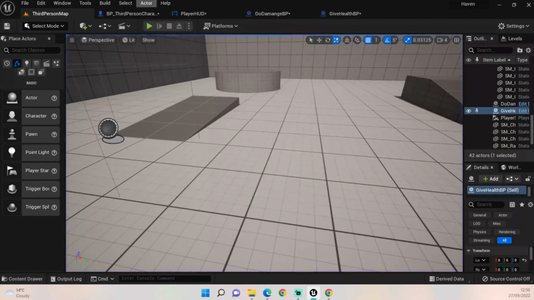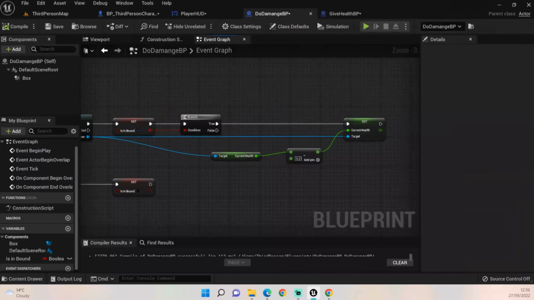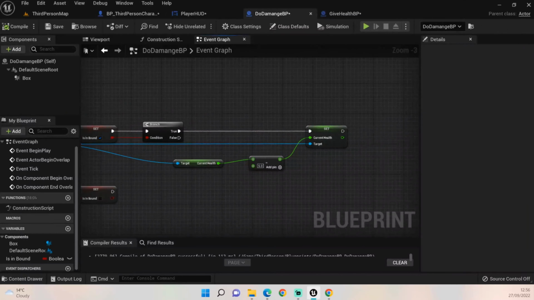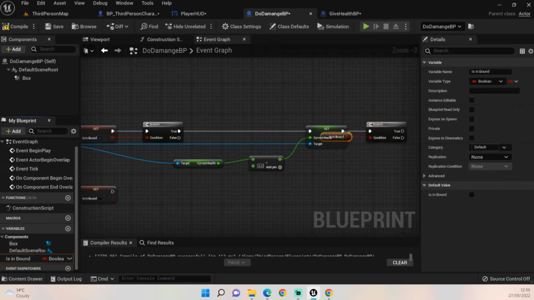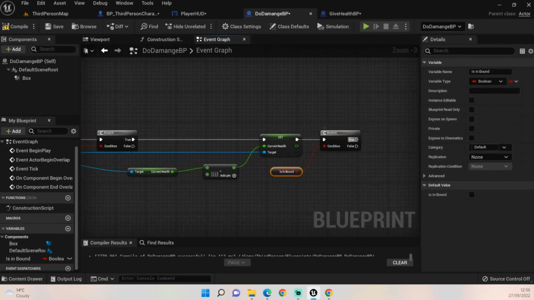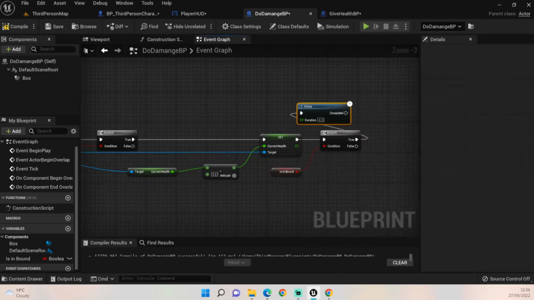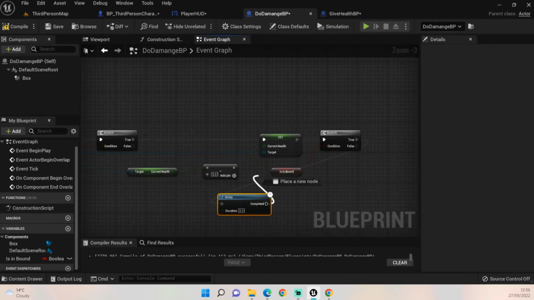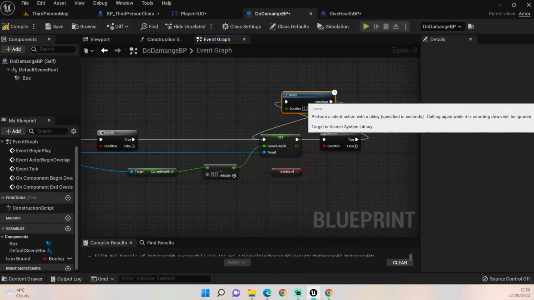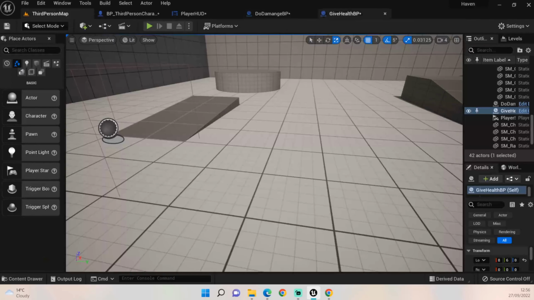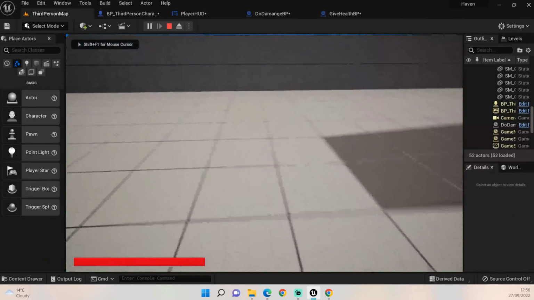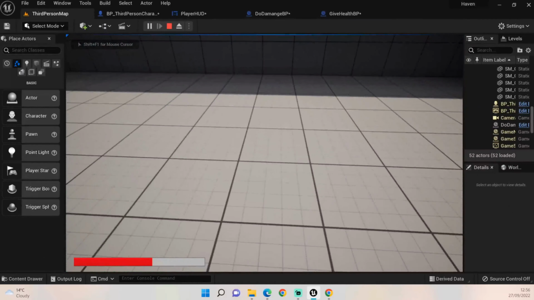All you've got to do for that is do what I showed earlier. Go into the do damage. We're going to do another branch up here. We're going to check if our character is still in the bounds. If true, we're going to do a delay of 0.2, which is fine for this. You can set it to whatever you want. And then we're going to plug it back into here basically, so it just kind of goes in there. Compile. And then we'll play, and it should just keep taking it, and then you walk out, and you just